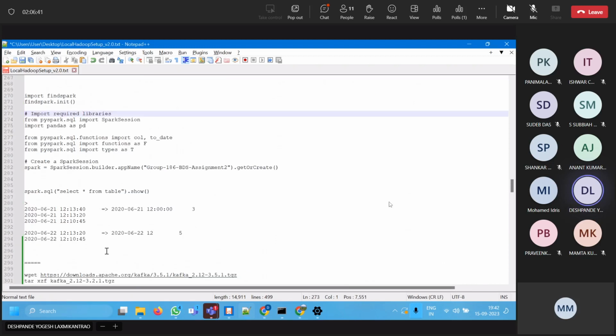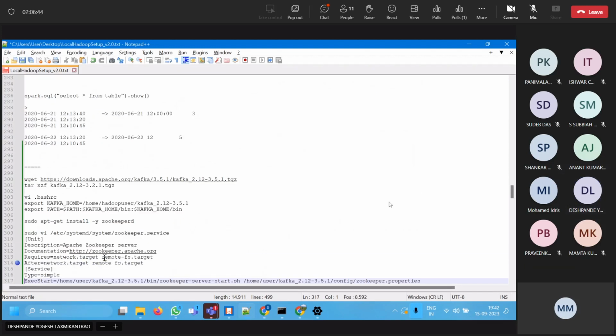Okay, so what I did was I downloaded Kafka from this site, okay? I used wget on this file, then for the tgz file I just did tar, and then I added the Kafka home. This is the home, right? After this, I created a variable Kafka home and updated the path in the bash RC. This is just a standard download and tar, and then update the bash RC for the path